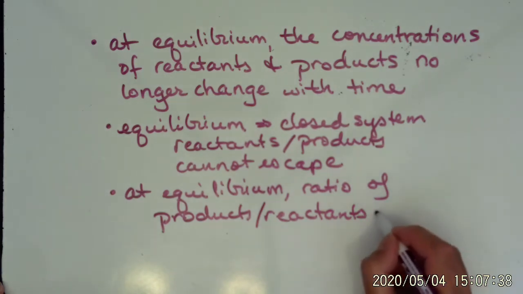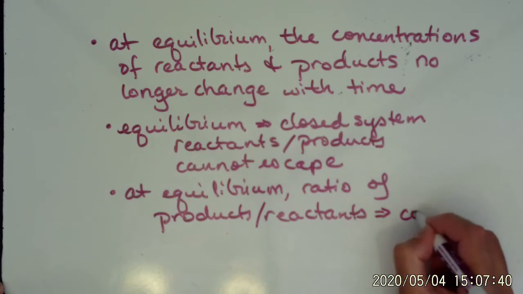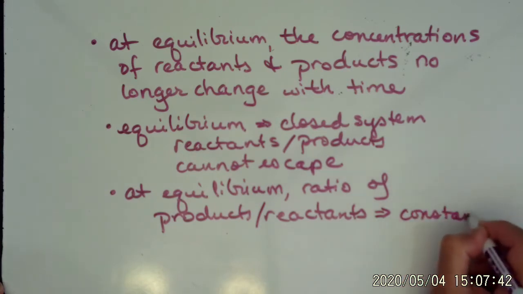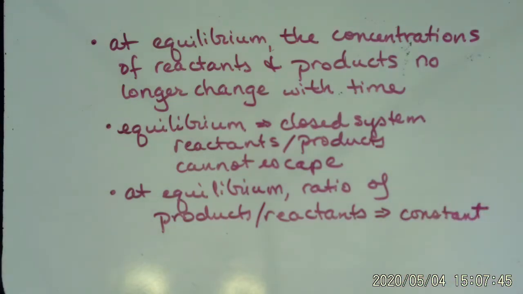That's your equilibrium expression, and that's a constant. So now that we know some of the rules behind equilibrium, that the reaction rate forward is equal to the reaction rate in reverse, and that at equilibrium the ratio of products over reactants is constant, what we need to do is start talking about